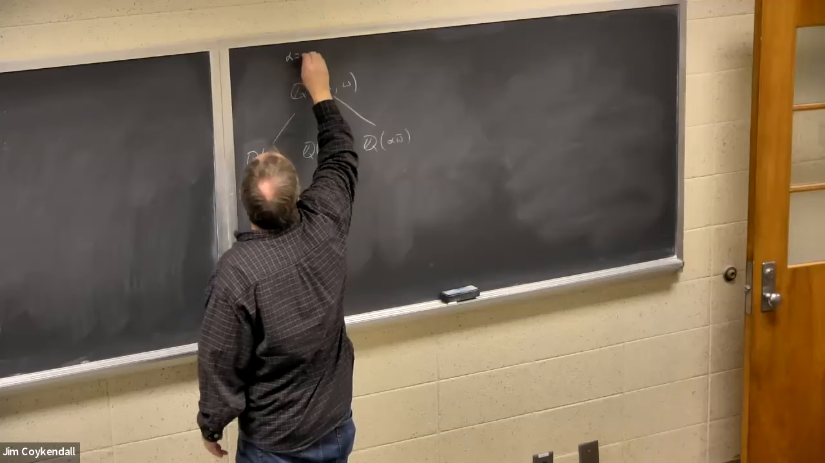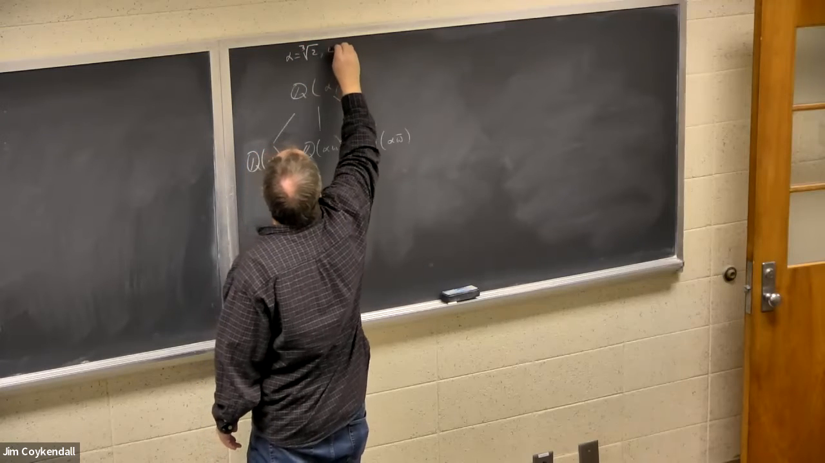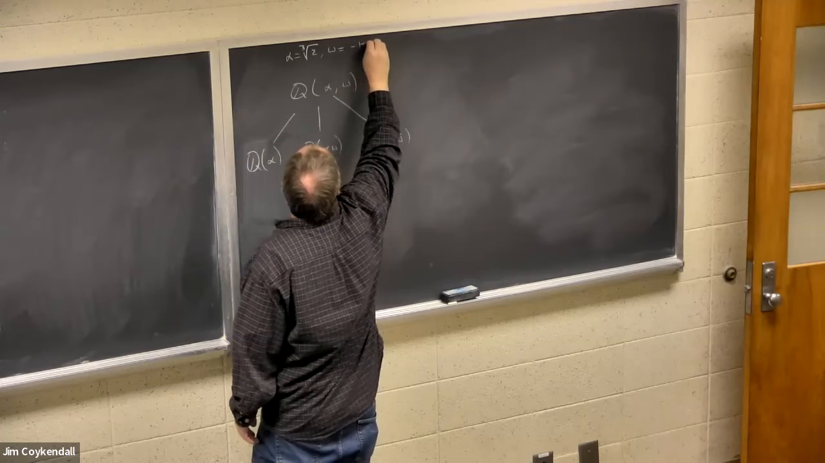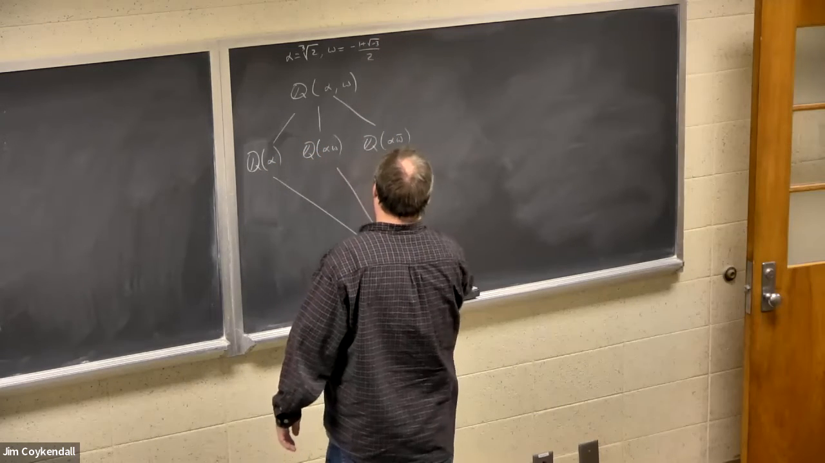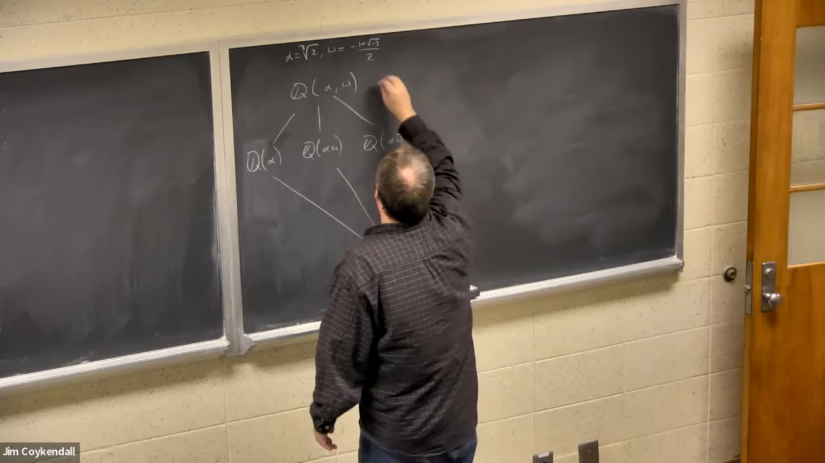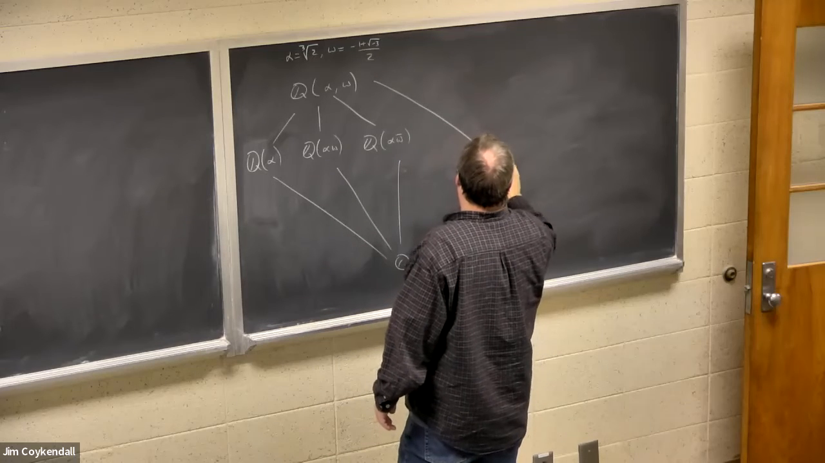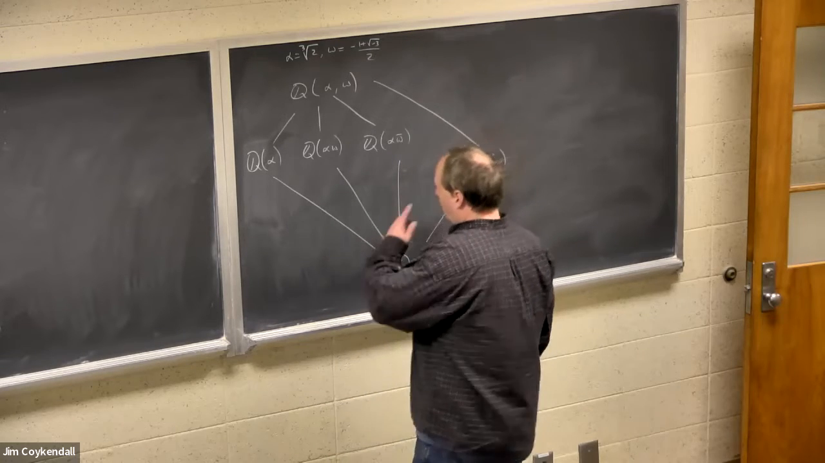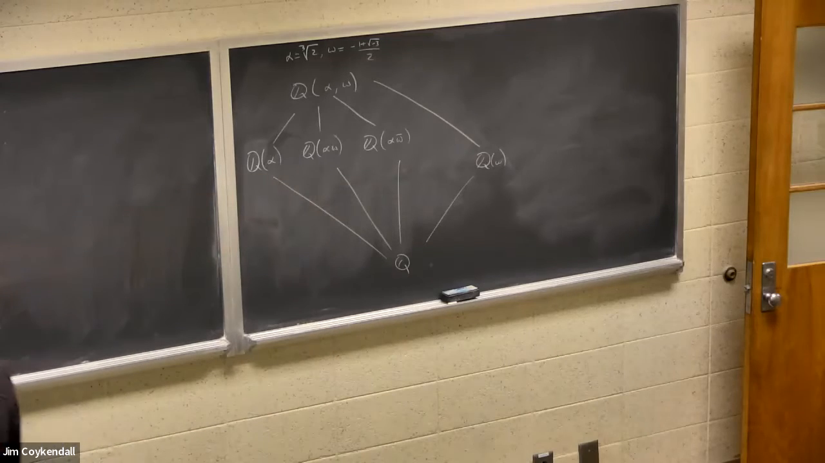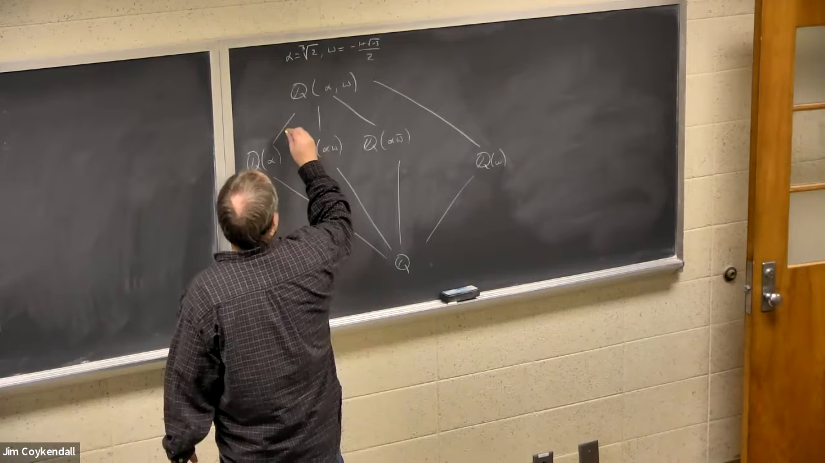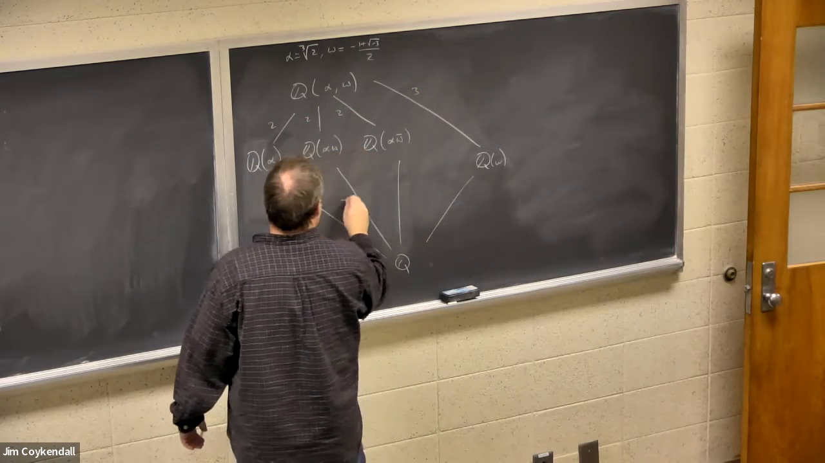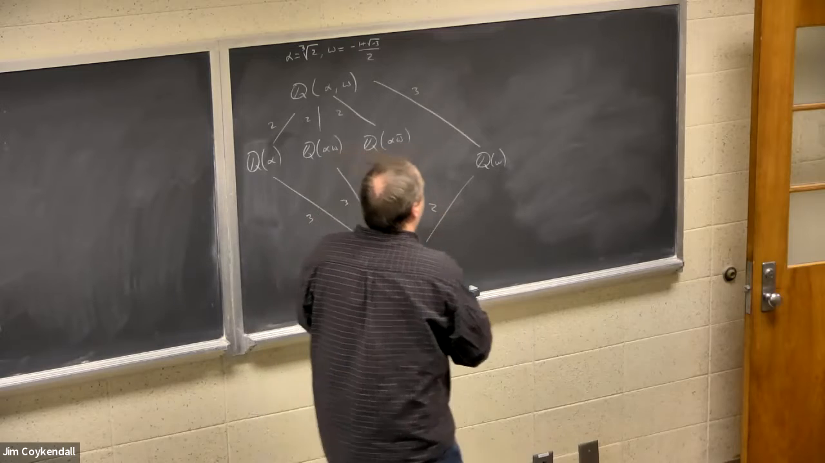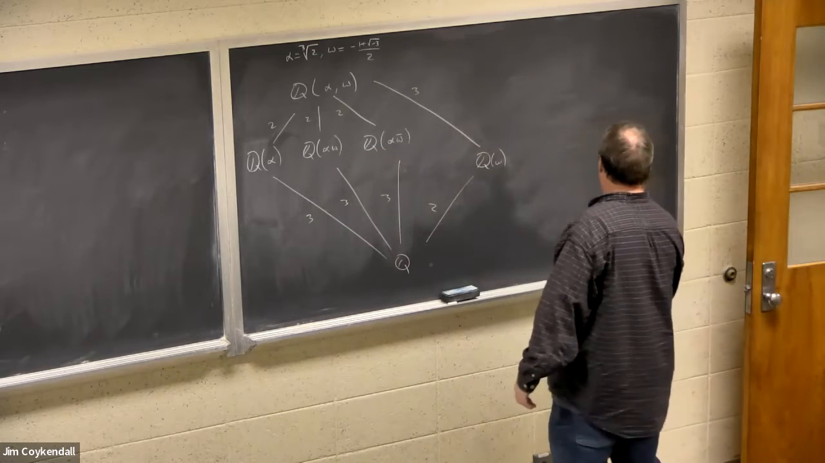Here alpha is the cube root of 2. Omega is -1 plus radical -3 over 2. If you remember, we had this diagram here last time of these intermediate fields of this extension. This is a degree 2, 3,